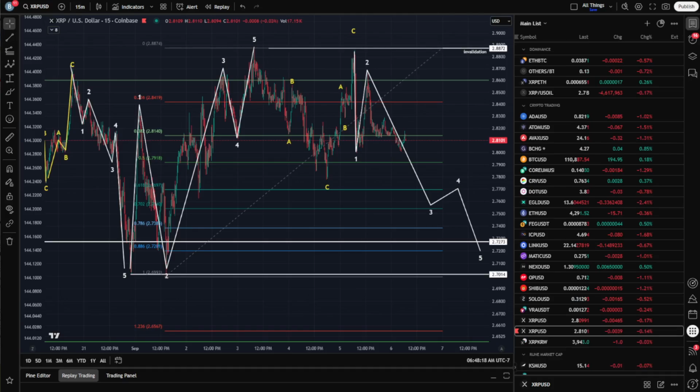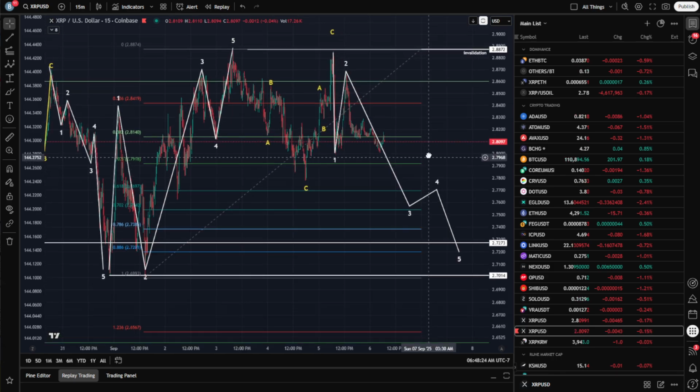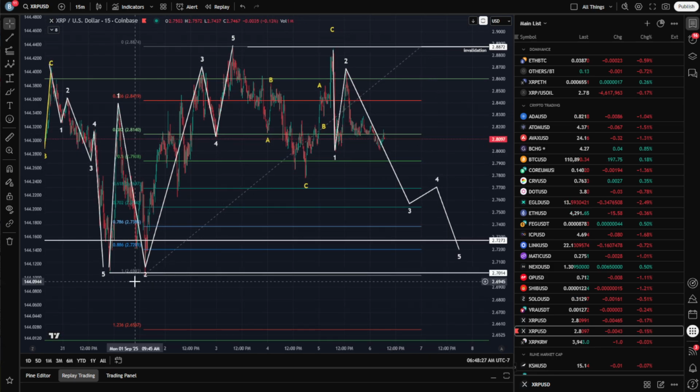Good morning. Today we're going to be taking a look at the XRP price action on the short-term level here, and then ultimately comparing this to the market cap chart with the Sigma coin. So we have a breakout of 5 waves with an ABC, and another 5 wave down for this flat